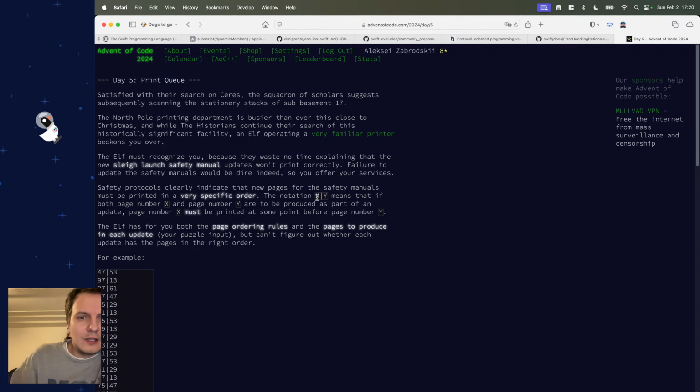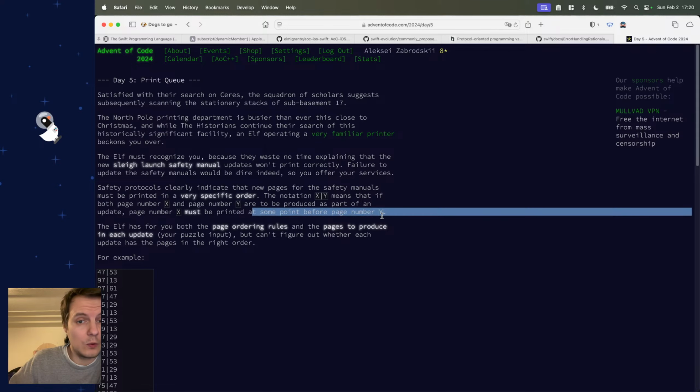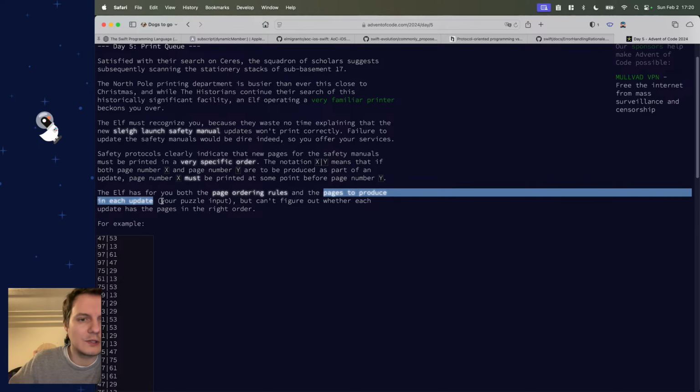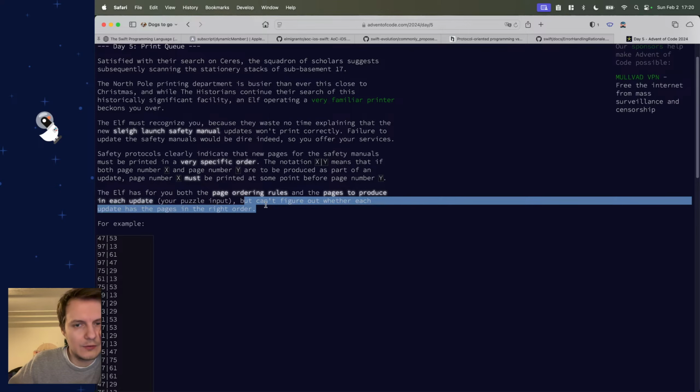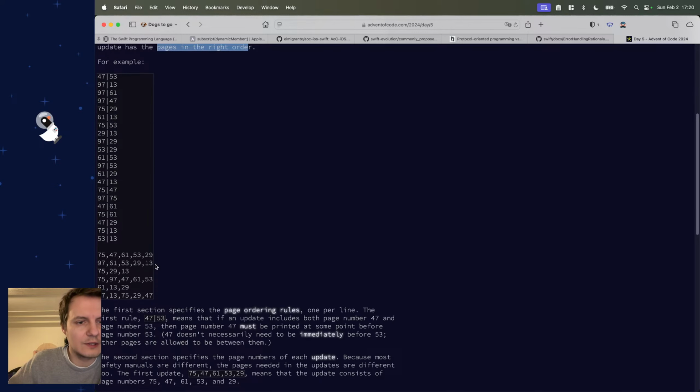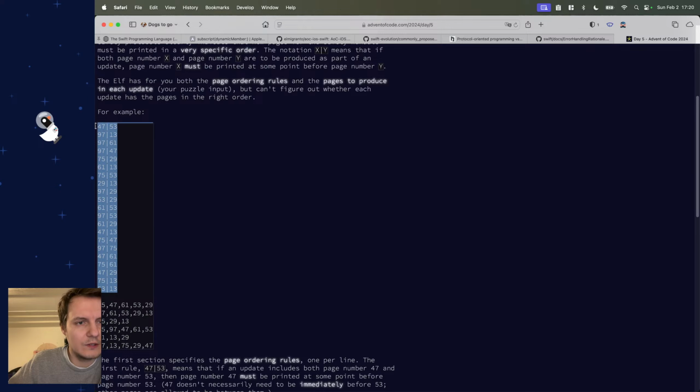The notation X pipe Y means that if both page number X and page number Y are to be produced as part of an update, page number X must be printed at some point before page number Y. The elf has for you both the page ordering rules and the pages to produce in each update, your puzzle input, but cannot figure out whether each update has the pages in the right order. For example, these are the ordering rules, and these are the updates,